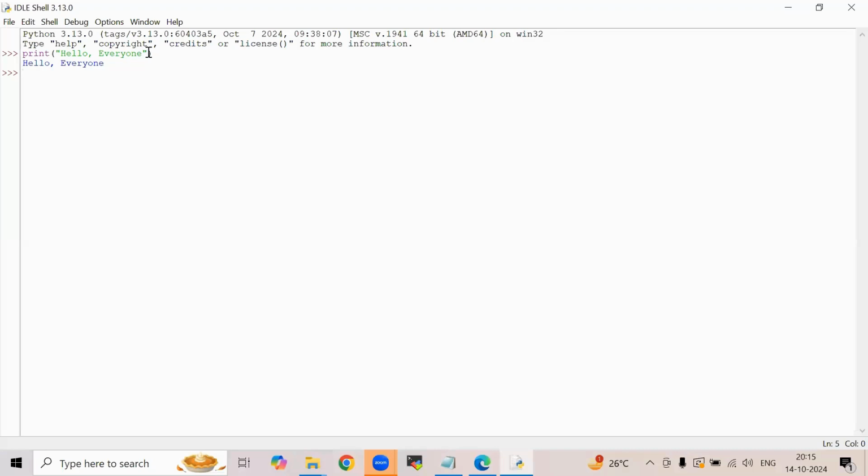Now let us come to the quotation case. Whatever you write inside the quotations will become a string in Python. Am I clear? Whatever you write inside the quotations will become a string in Python. Sir, what quotations, sir? Is it double quotes or single quotes? It can be double quotes, single quotes, or triple quotes if you want to keep. Whatever you write inside the quotes, it will become a string. Okay, I think I'm clear.